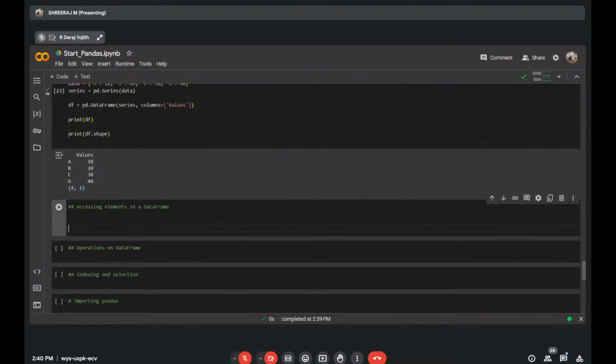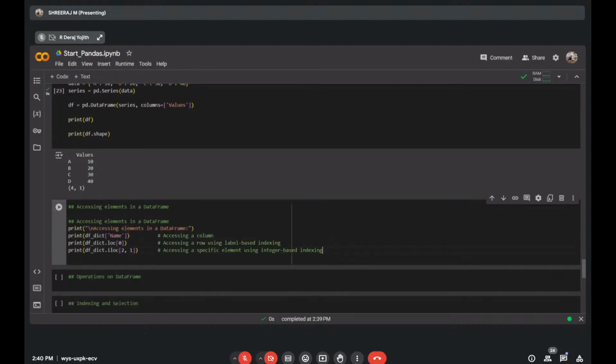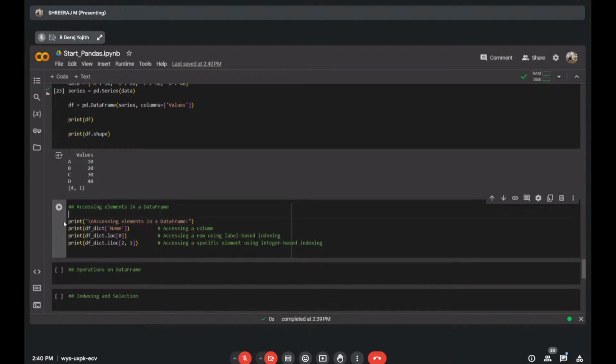Now let's access the elements in a data frame. To access the elements in a data frame, we will be using two main functions called the loc function and the iloc function. I will be briefing you about them. In the series part, we directly gave the values, like 0, 1, 2, 3, for the slicing and the accessing part. But when coming to the data frame,